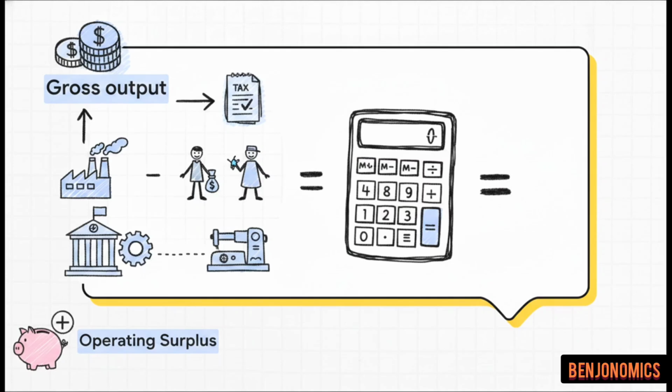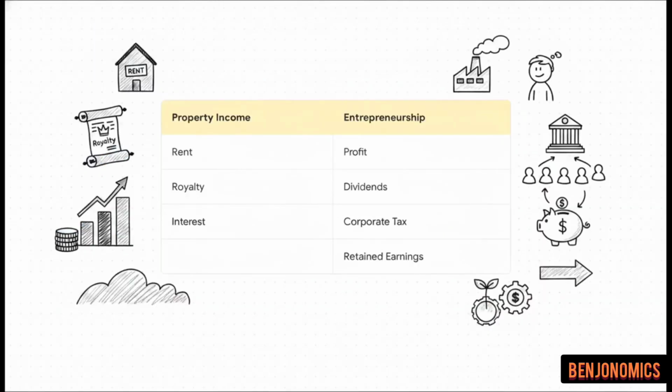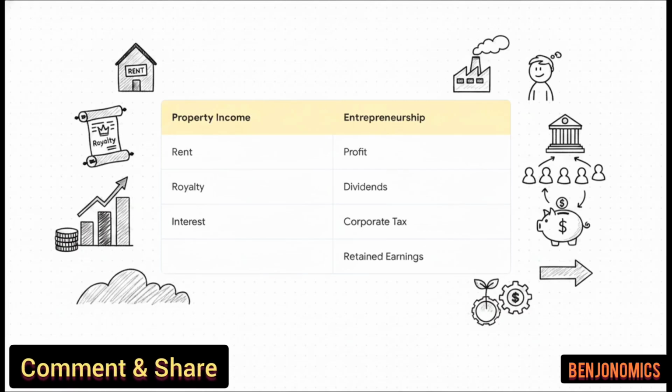If you take a company's total sales, subtract the cost of raw materials, subtract the workers' wages, the wear and tear on the machinery, and government taxes, whatever cash you have left over at the end, that is your operating surplus. We can break the surplus down even further into 2 distinct categories. The first is income from property. If you provide land or financial capital, you earn rent, royalty, or interest. Simple enough. The second category is income from